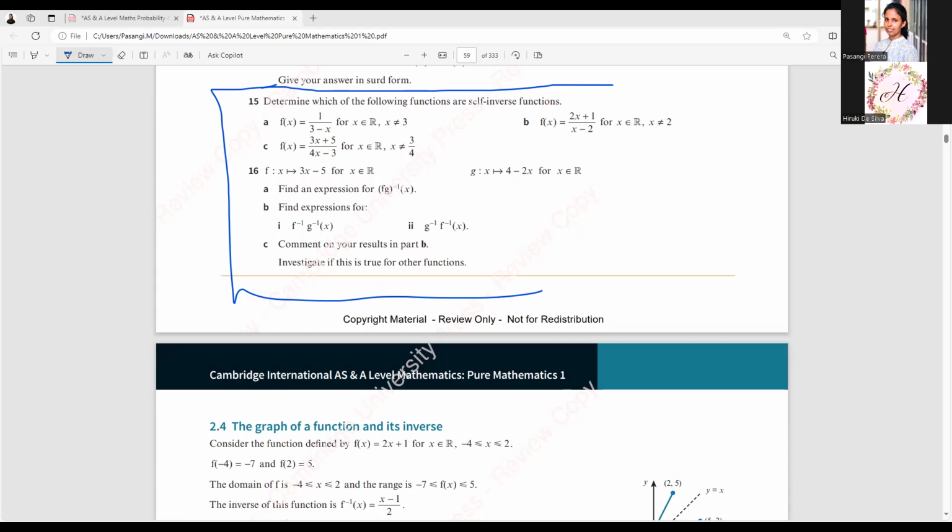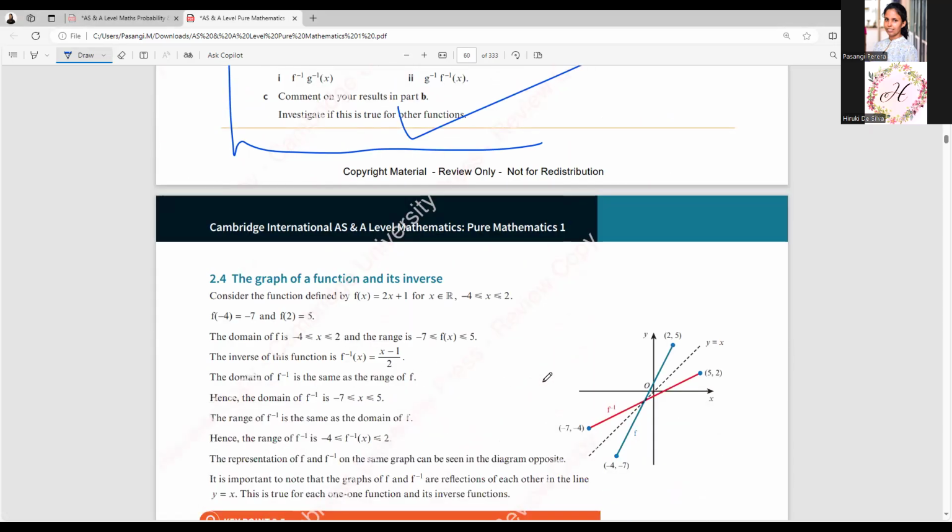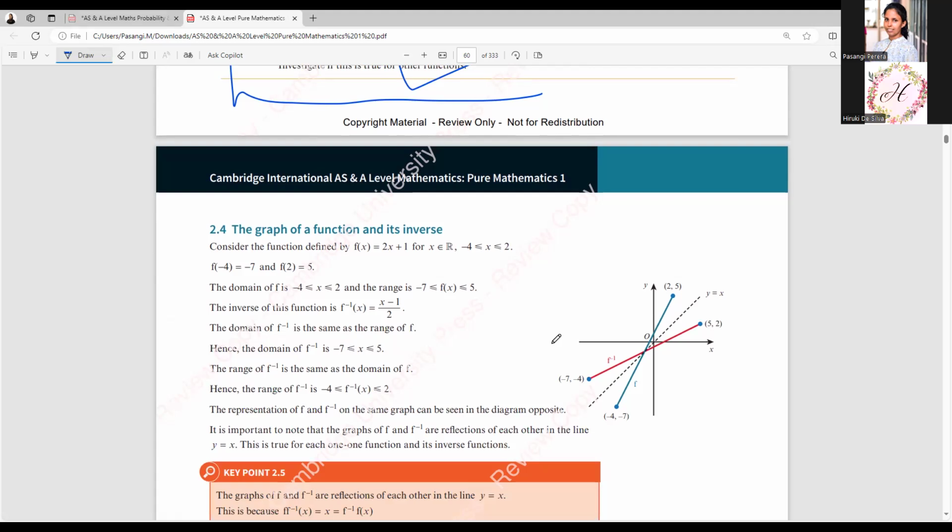Okay, this is done. Then what do we have? Okay, no questions, right? That's also clear. Okay, so here from the Cambridge textbook,